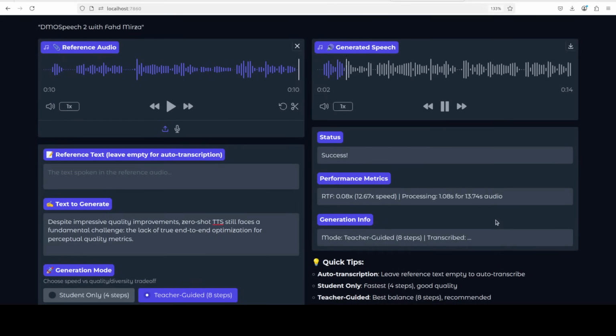Despite impressive quality improvements, zero-shot TTS still faces a fundamental challenge: the lack of true end-to-end optimization for perceptual quality